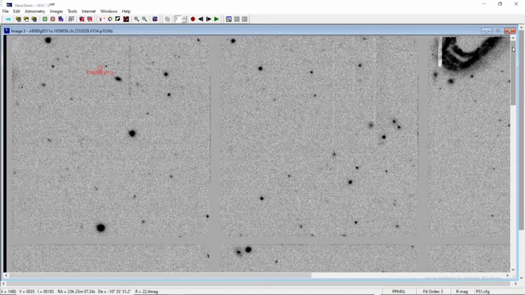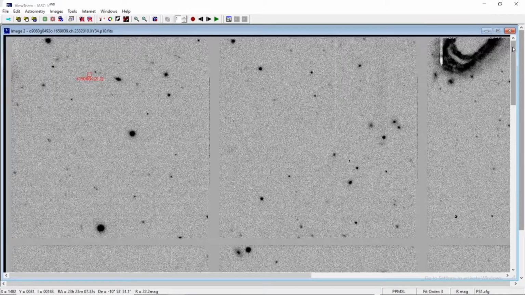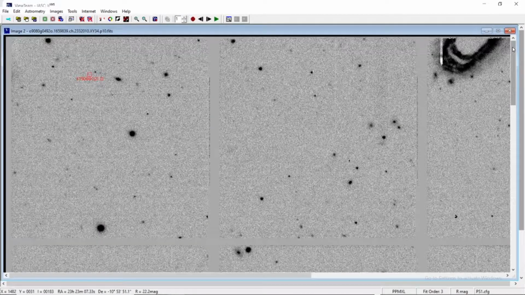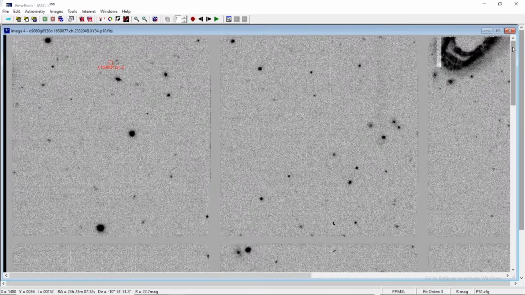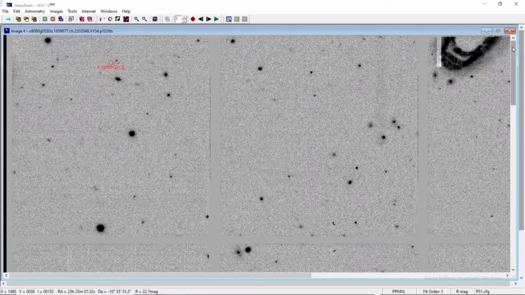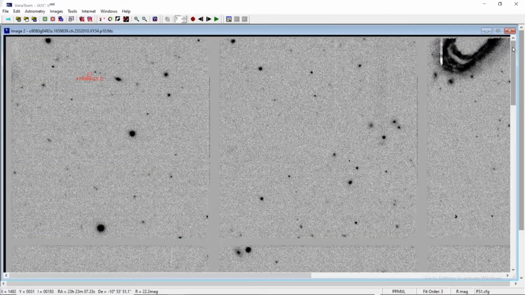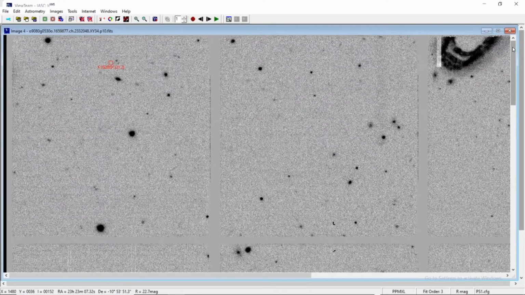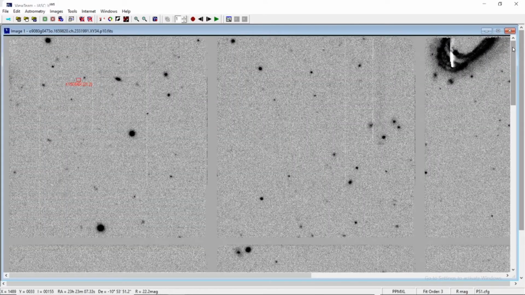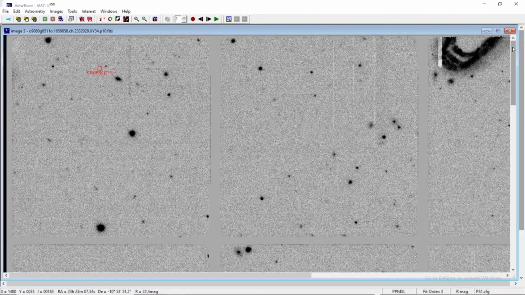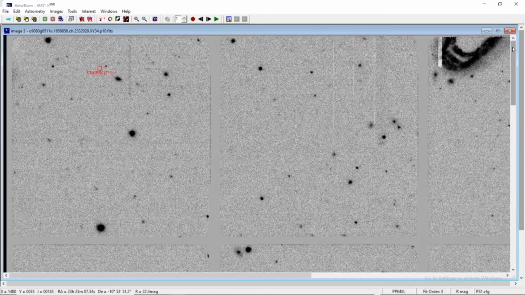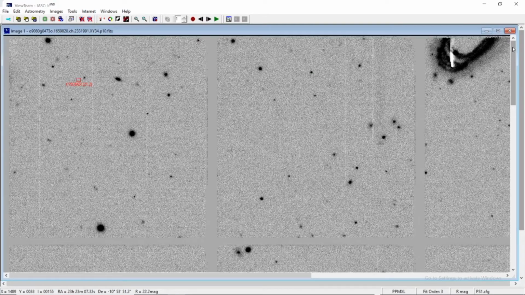Now here comes the point. Manually scan each grid, each square, because each image is being divided into a grid of 4 rows and 4 columns. You scan each square grid manually one by one to look for any moving object. Now this moving object will basically contain 3 types of objects, or in fact if you go by the nomenclature, you will feel there are 4 or 5 types of objects.